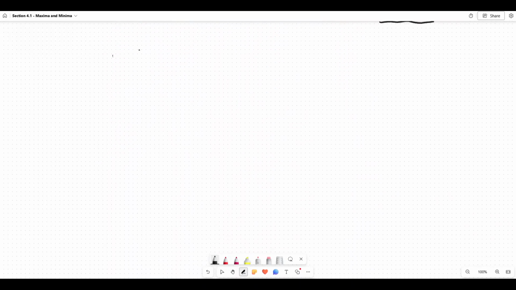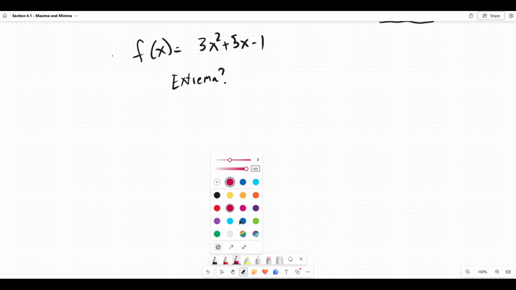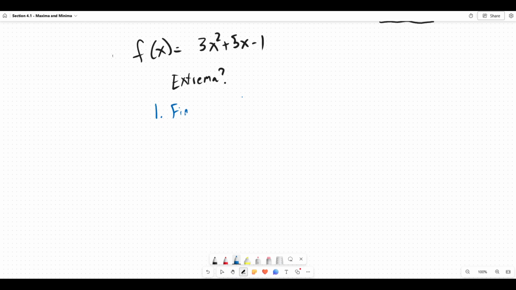So let's take a look at a different graph, but this time I'm not going to graph it. Let's do something like 3x squared plus 5x minus 1. And what are the extrema? Now, once again, if you graph this, that question is answered pretty concretely, if you can get a good enough graph. But the whole point is, is there something that we can do procedurally, algebraically, to find that same extrema value? And so what we're going to do is, step 1, we're going to find